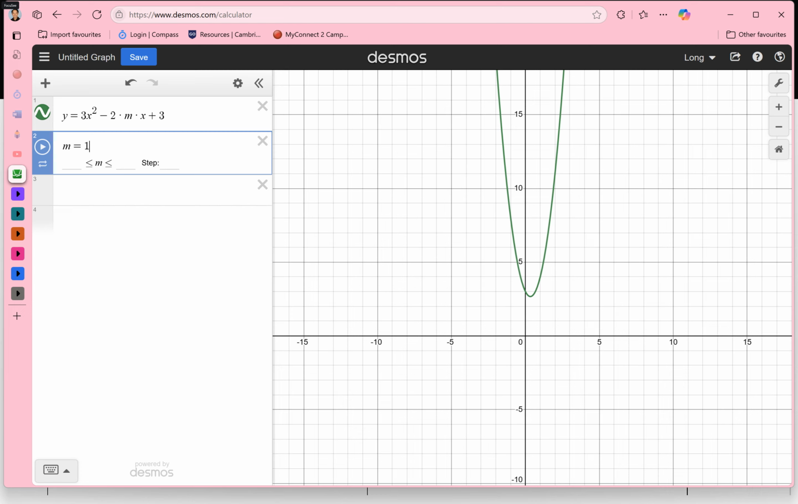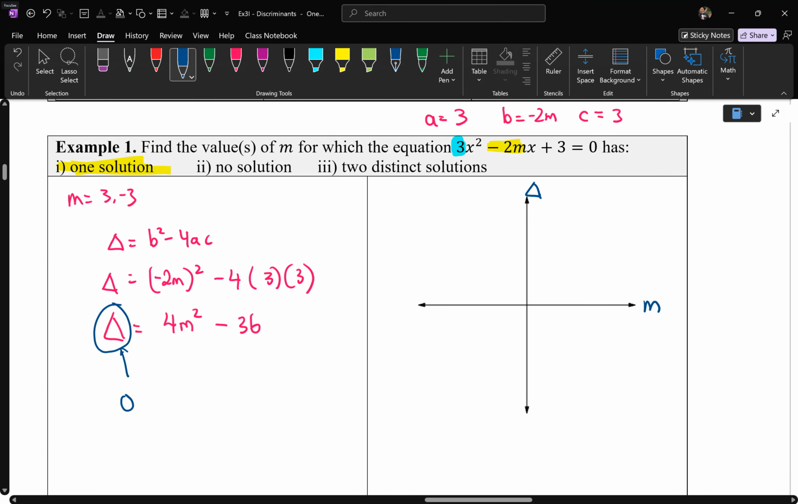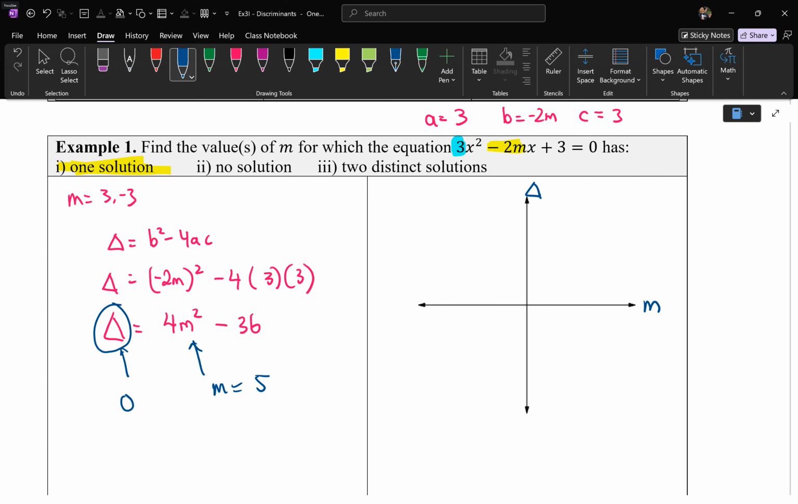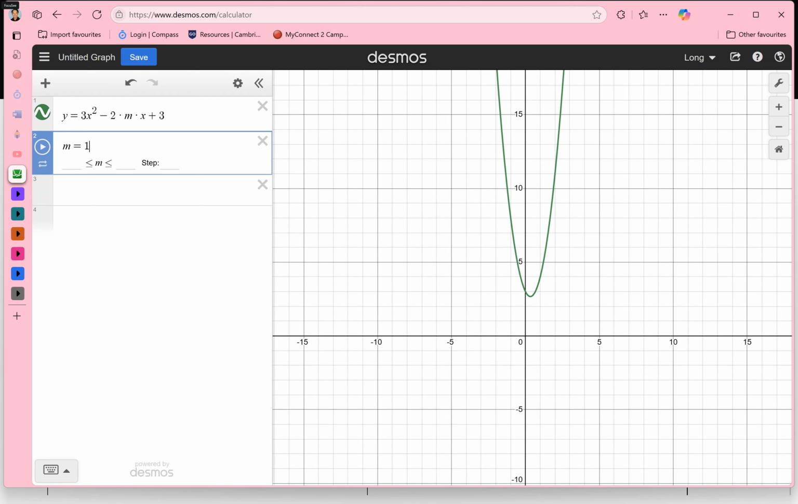There's no solutions. You can do the same thing again, and you can test, well, what if m was 5? 5 squared is 25. 25 times 4 is 100. 100 take away 36. I don't care what the answer is. I just care, is it a positive, negative, or 0? It's going to be positive. So I expect that 5 should have 2 x-intercepts. And you can see when I change it to 5, there's 2